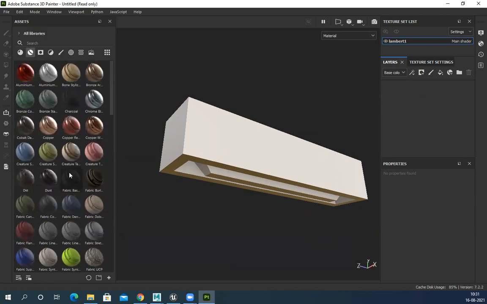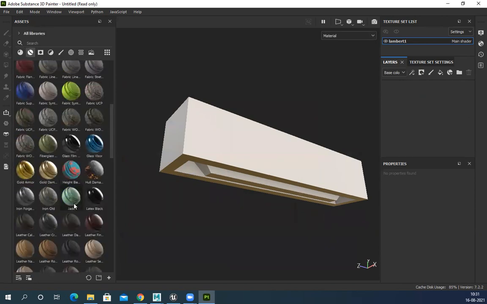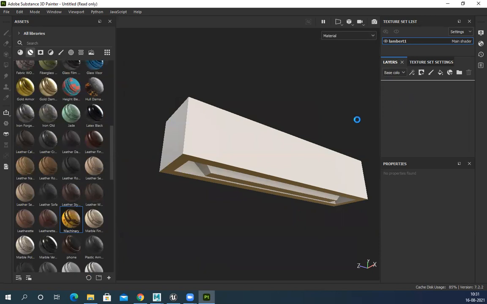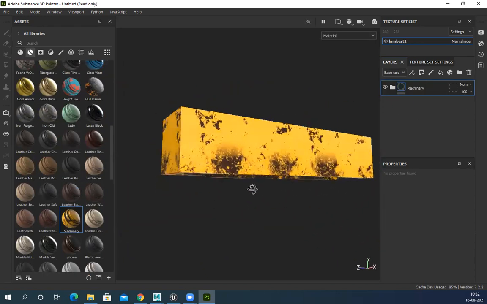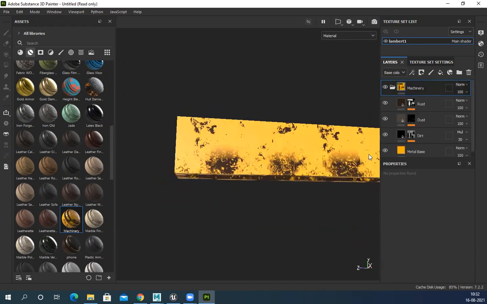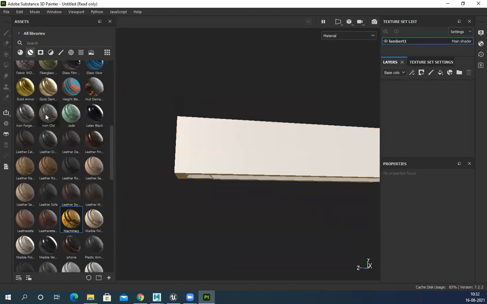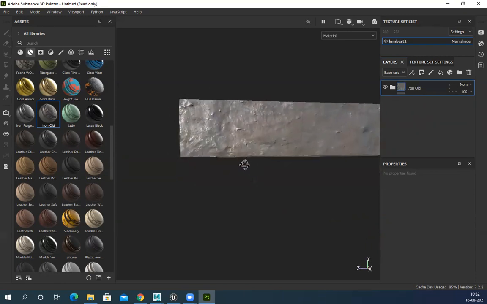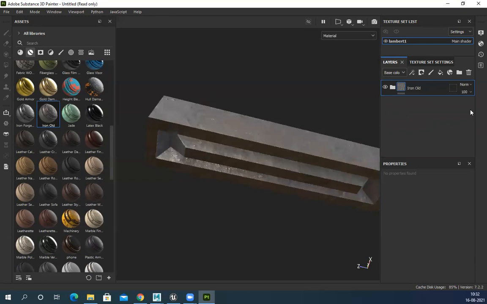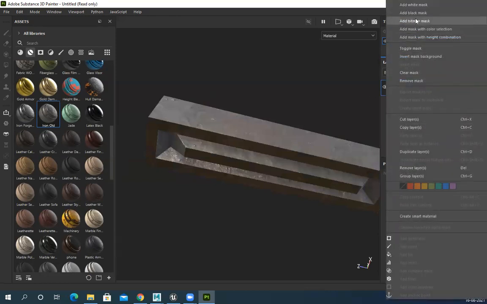Smart material. So for this, to texture this, I can just simply use machinery, create all this dirt and grunge and everything automatically. If I want, I can do it manually also. Suppose I want to do it manually. Let's see, some old iron. That's nice detail, but it's kind of generic and flat everywhere. So I need some dirt here. So I just add.